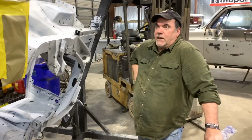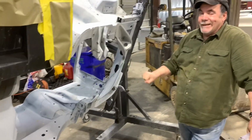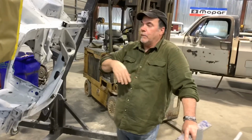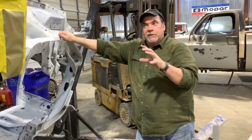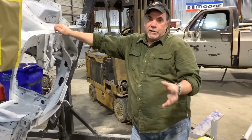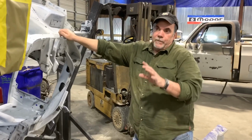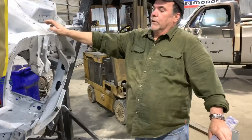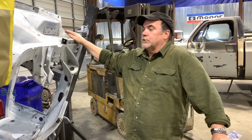All right, I've decided what we're going to do first is paint the engine compartment, simply because of all the little nooks and crannies and intricacies of it, and the fact that we'll have to turn the car back over and over this way and over that way while we're doing it, and also trying to pay particular attention to the exposed body panels that are going to show, that those are what we really want to come out phenomenal. You know that we've already done the rhino liner on the bottom of this car, so we've got to cover that and protect that no matter what we're painting. But basically what we're going to do is the inside of the engine compartment, the outsides of the aprons, the radiator support, the firewall,